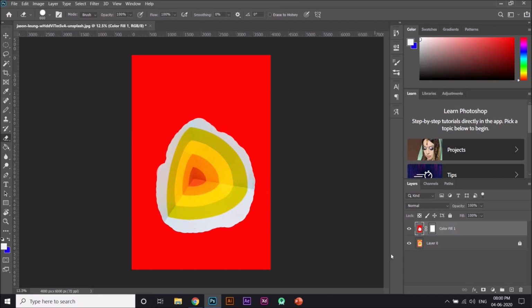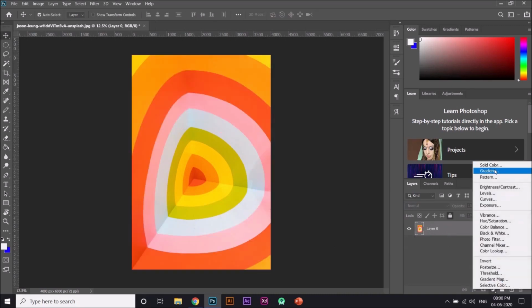And now it looks something like a paper, and there's a hole in this red color paper, and you can see the layer below it. You can try masking for each and every adjustment layer. So I'll go ahead and tell you about all the other adjustment layers.